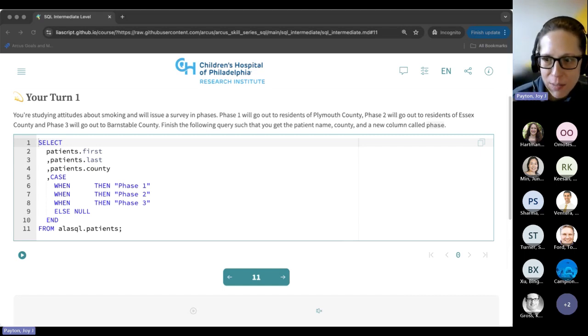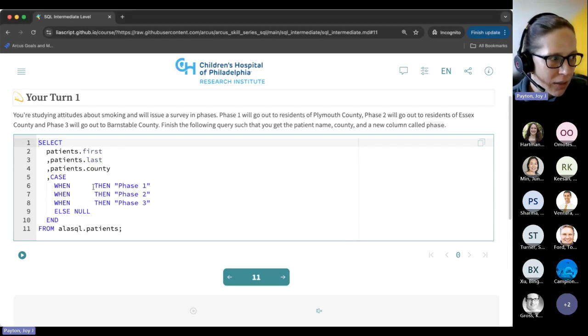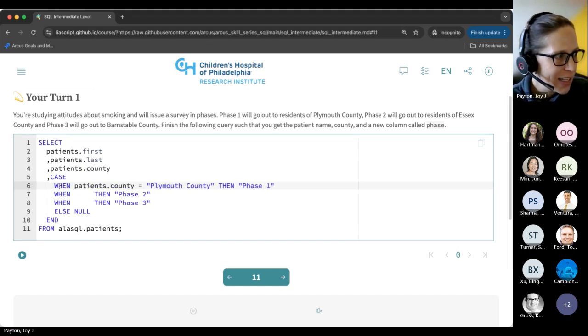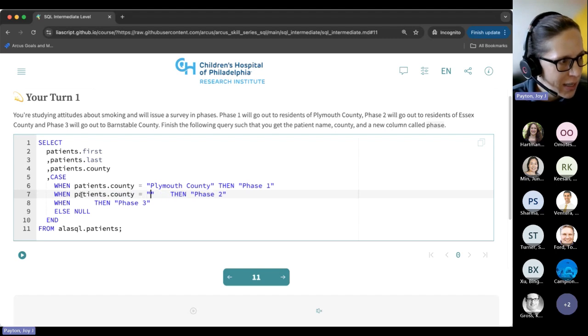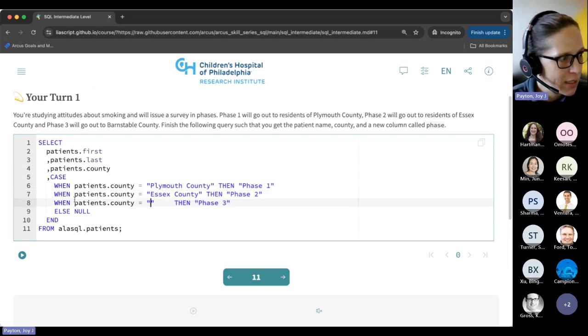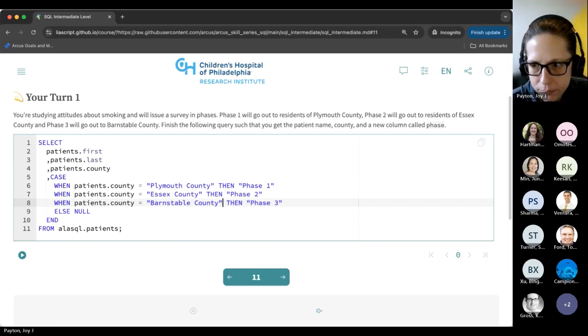So the first thing that we want to do is complete the when-then statements. And so I'm going to add patient county equals to each of these when-then statements. And so I'm going to do some copy paste here. And I believe phase 2 is Essex County. And I want to make sure that I got my capitalization and spacing correct. And then I believe this is Barnstable County. And this white space that I'm erasing doesn't matter, but I like to neaten it up. And I'm almost done